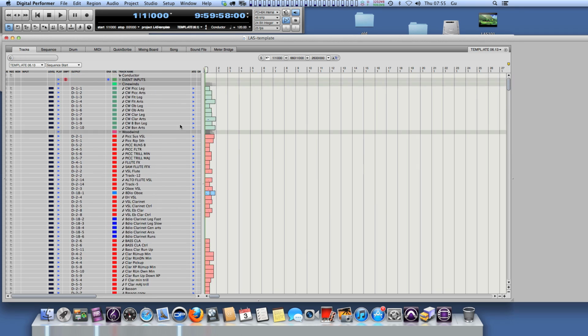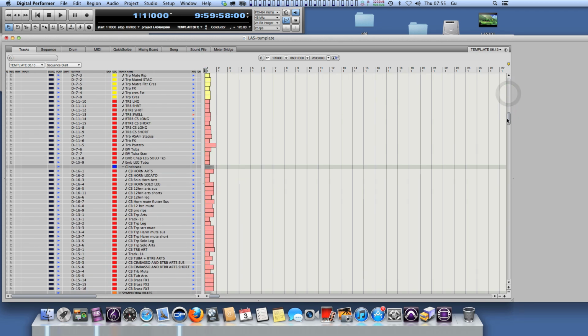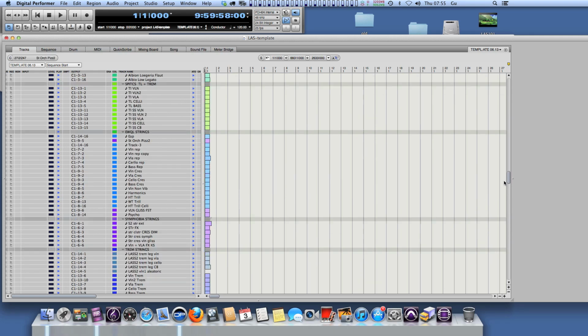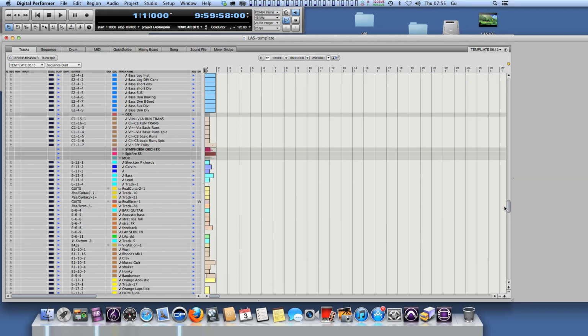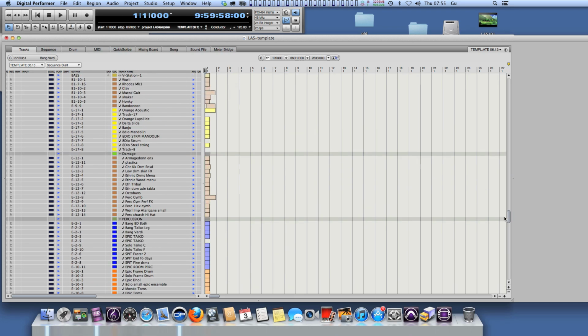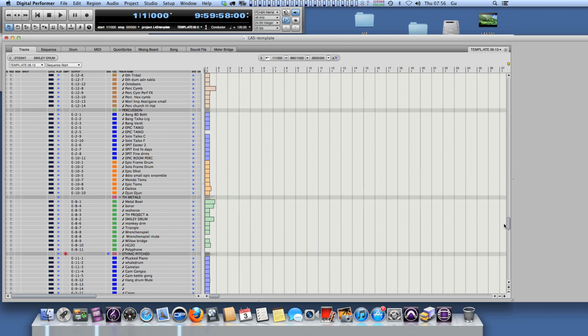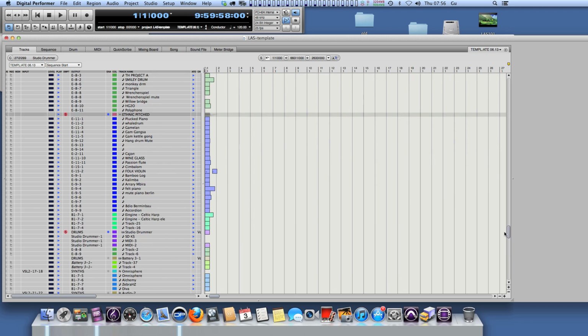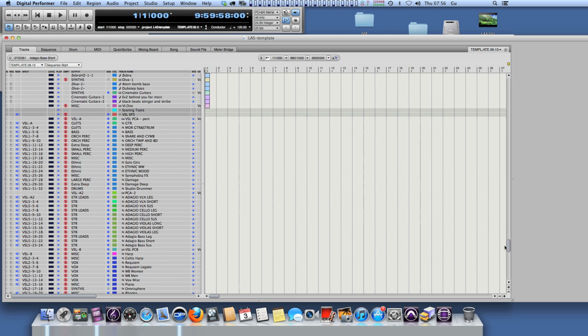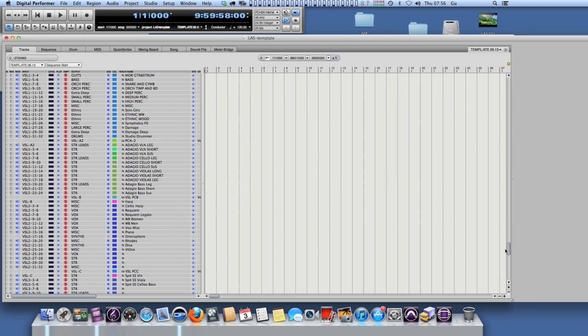I try and organize it by classical score order as far as possible. So obviously, we have woodwind at the top, then brass, et cetera, right the way down to strings at the bottom. Then I put other more project-specific stuff and ethnic percussion and things like that. I tuck away at the bottom, and then all the audio stuff comes underneath that. To give you some idea